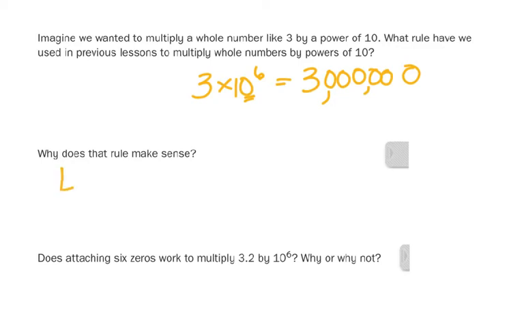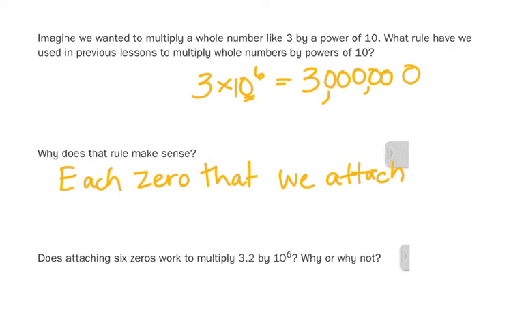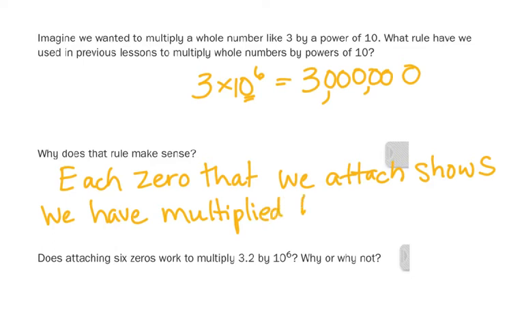Because each 0 that we attach shows we have multiplied by 10. So in this case, we'd multiply by 10, by 10, by 10, by 10, by 10, by 10,